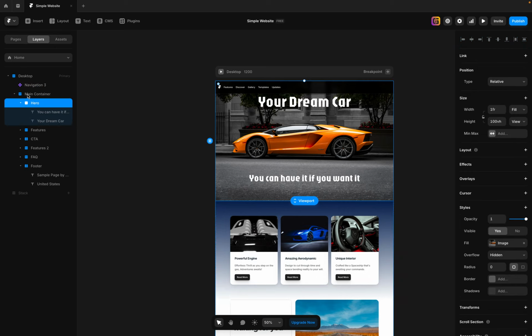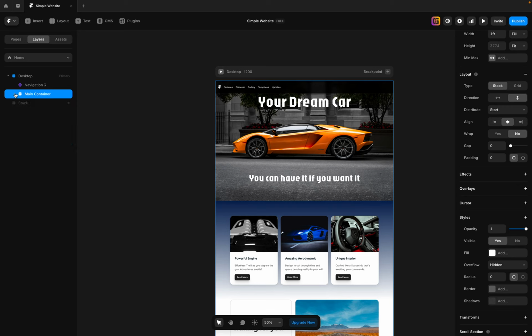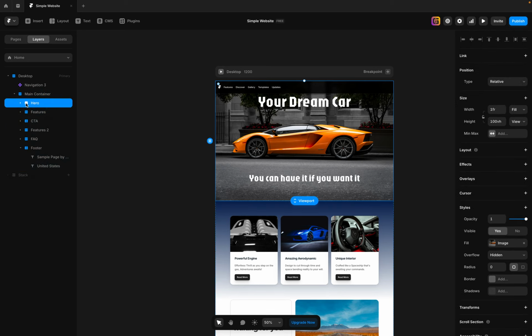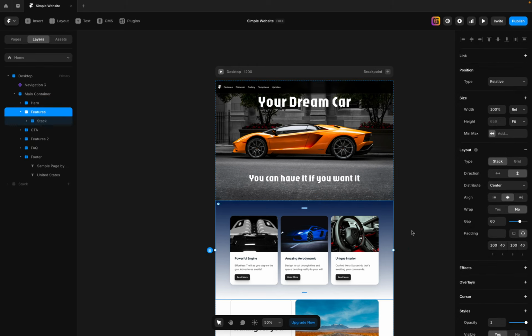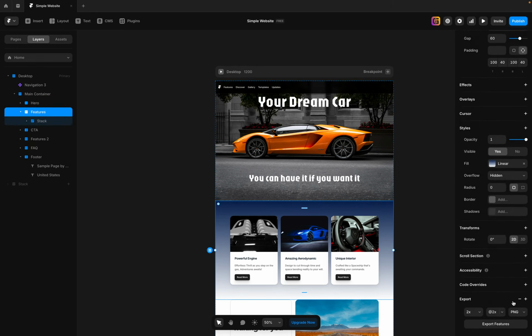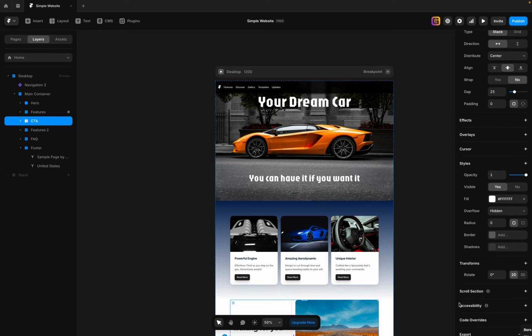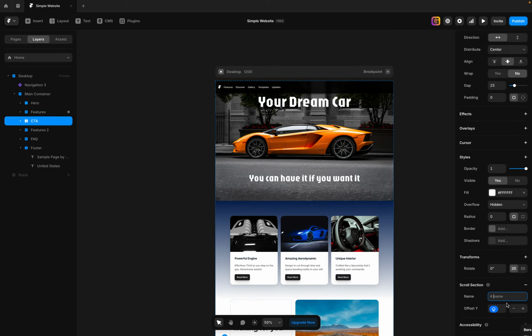For instance, let's come here to the main container. Not the main container, the first section right here, which is the hero. And we're going to come down here. Not this one, I'm sorry, the features section, this one. And we're going to scroll down. We're going to add a scroll section. Hit that plus, and we are going to call it features. Okay, hold on, I misspelled that. All right, now we are going to click the next section, and we're gonna scroll down, scroll section, add, we're gonna call that CTA